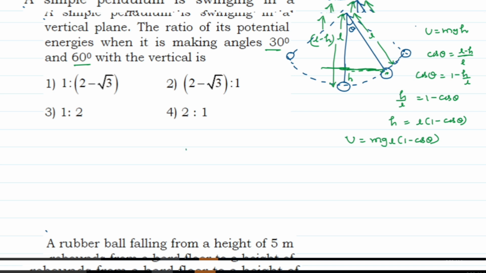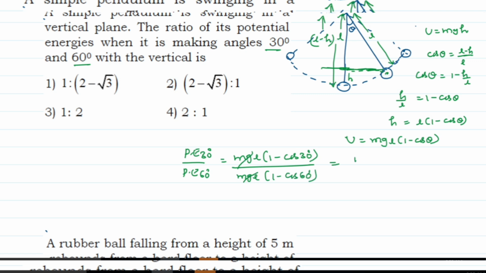So the potential energy at 30 degrees by the potential energy at 60 degrees will be equivalent to mgl into 1 minus cos 30 by mgl into 1 minus cos 60. The mgl gets cancelled. Here 1 minus root 3 by 2, by 1 minus 1 by 2. So together we get 2 minus root 3 by 2,